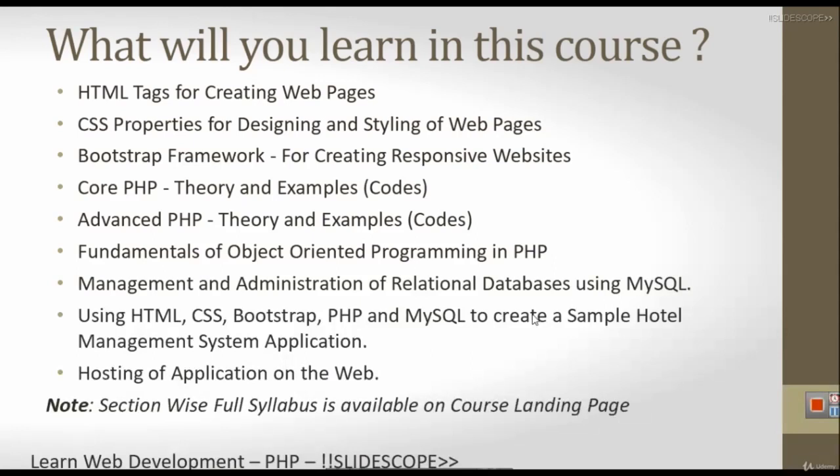You will learn management of cookies, you will learn management of session, you will learn management of request, server variables, super global variables, constants in PHP, everything that is related to advanced PHP, arrays in PHP, file upload and things like that. Then you will learn fundamentals of object-oriented programming. In object-oriented programming, classes are there and objects are there. So step by step you will learn what is object-oriented programming,